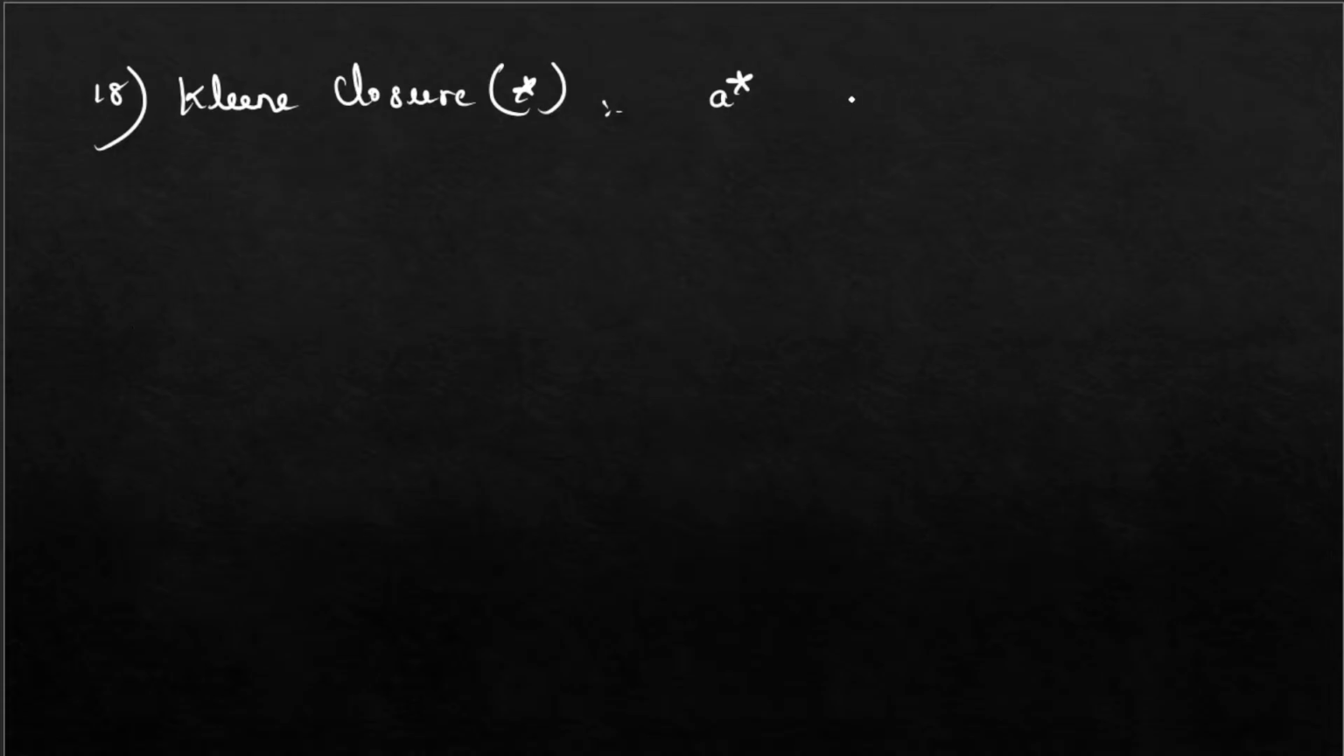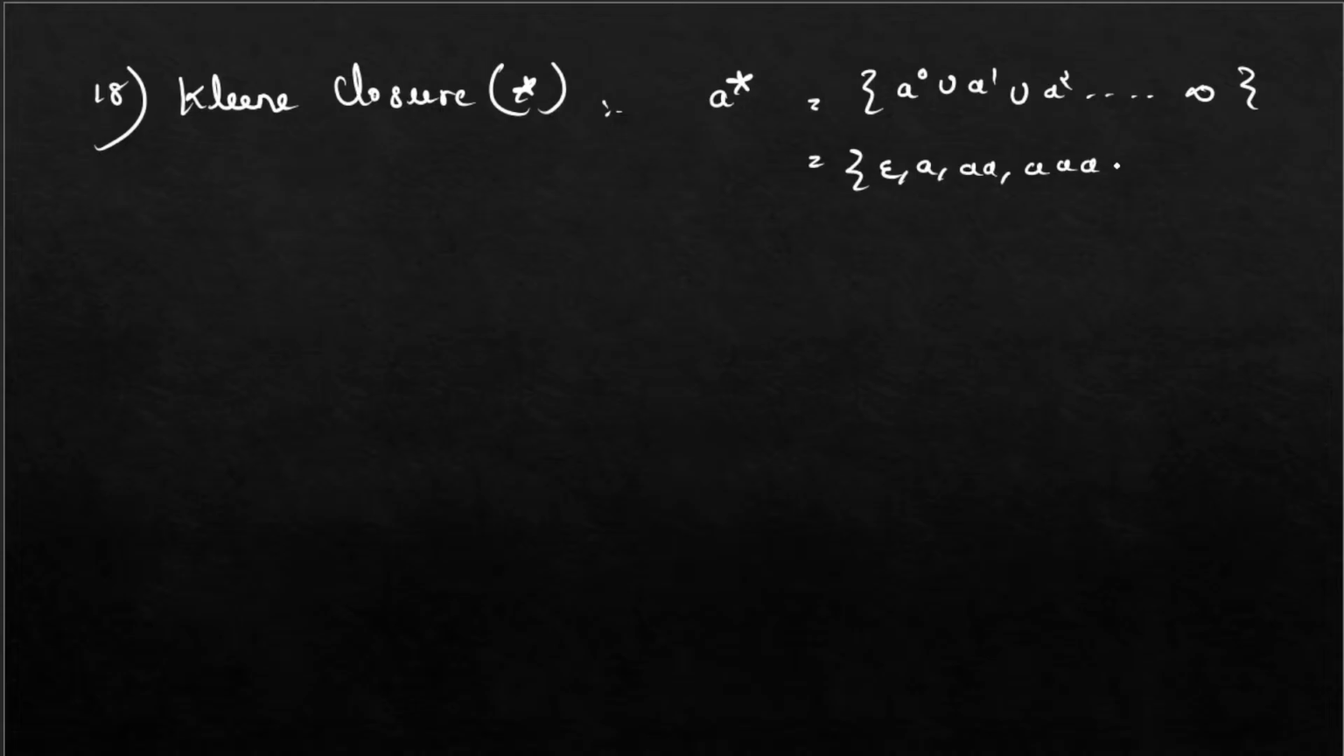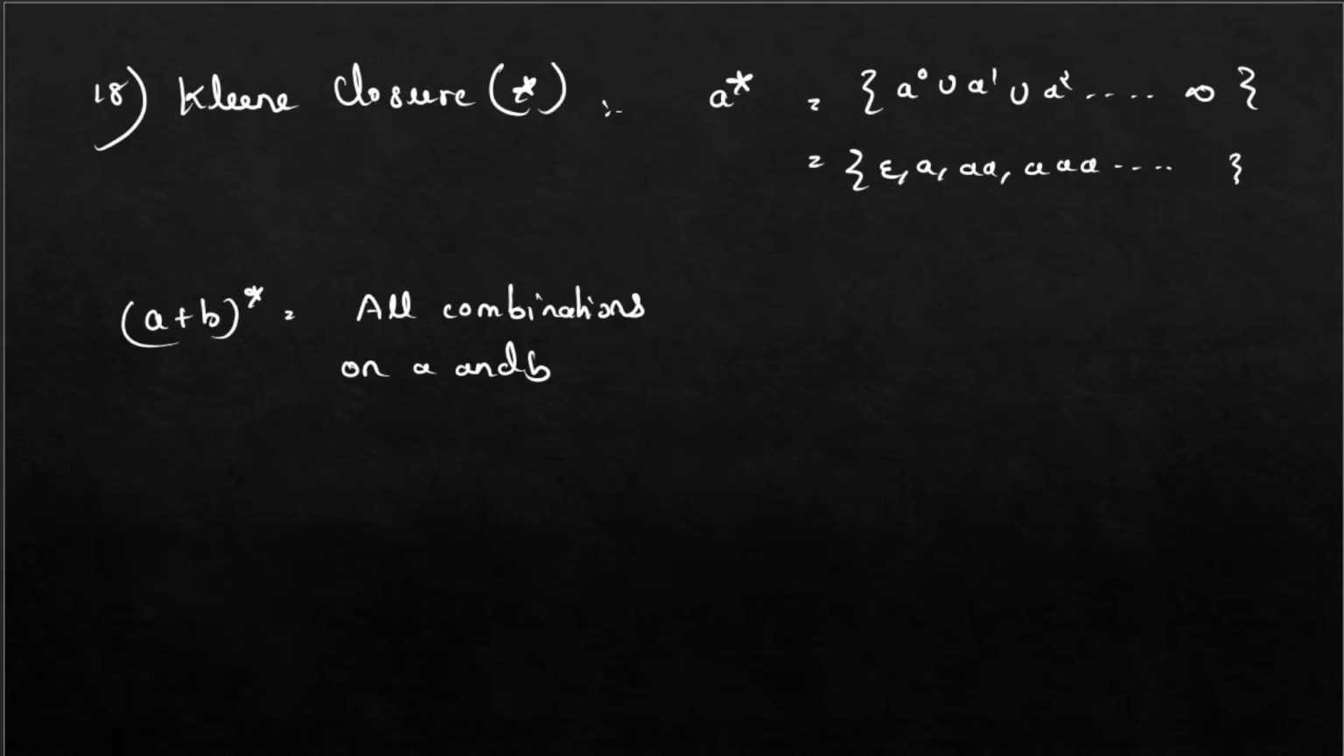It is A star, and what A star means is that it is A0 union A1 union A2 and so on till infinity, which is epsilon, A, and so on. And this gives a long infinite output. Okay, now (A plus B) Kleene closure. So this is all combinations on A and B. Okay, so it is the universal language